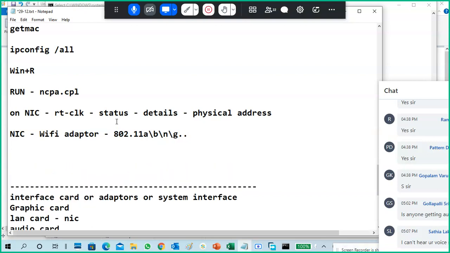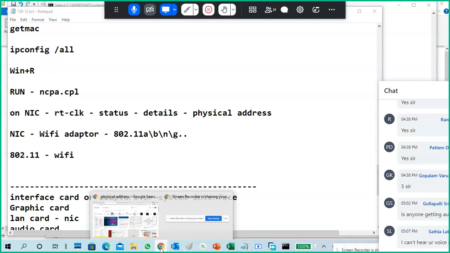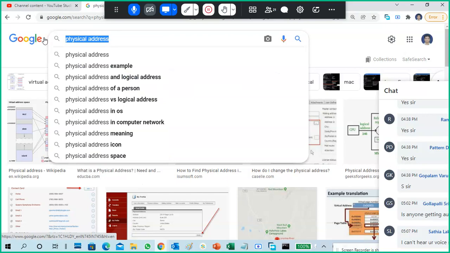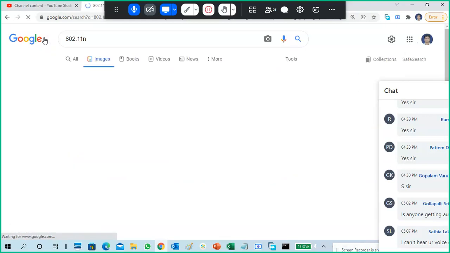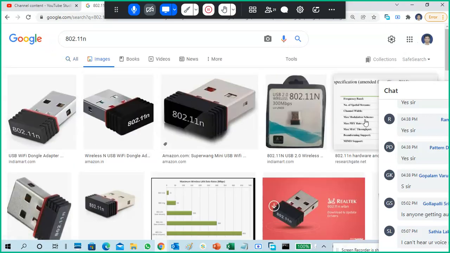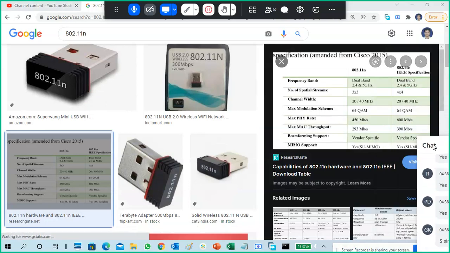So what does 802.11 represent? It represents the wireless adapter, and the letter represents speed. A has some speed, B has some speed, like that. Each one represents a certain speed. You can go to 802.11 and try N. It shows what bandwidth it is connecting at, and N supports frequency bands, dual bands.